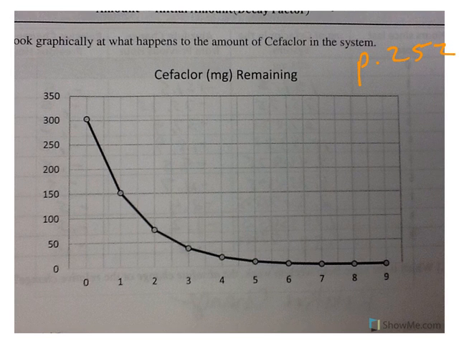All right, let's start playing with this a little bit. You see the graph of what we just played with, Cephalexor, here on page 252, and you can see that it goes down. And it starts to go down really quickly at first, and then it kind of tapers off. Because when you are decreasing and you're cutting it in half, well, the bigger the number you start with, the more you're cutting in half at the very beginning. So it makes a little bit of a difference.